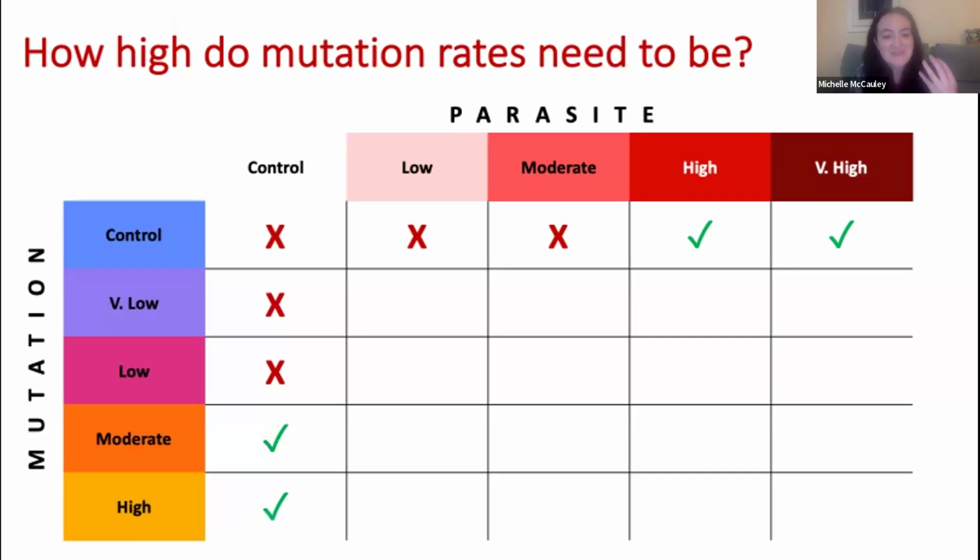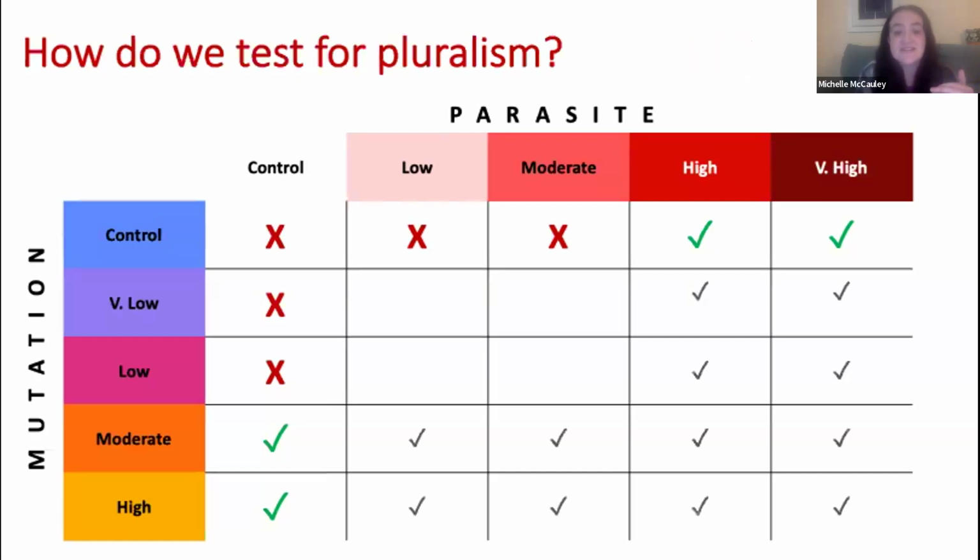Okay, so now that we've parameterized our 2 factors, we can test to see if this pluralistic approach can work. Presumably any factor that by itself could maintain outcrossing, if you combine that with something else, is going to continue to maintain outcrossing. So for now, we're just not going to worry about these combinations. What we are interested in are these combinations of factors which by themselves could not maintain outcrossing.